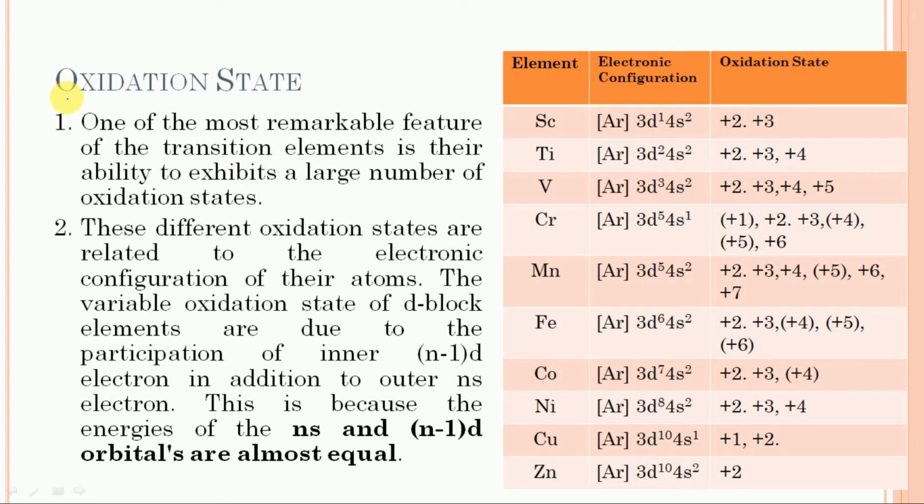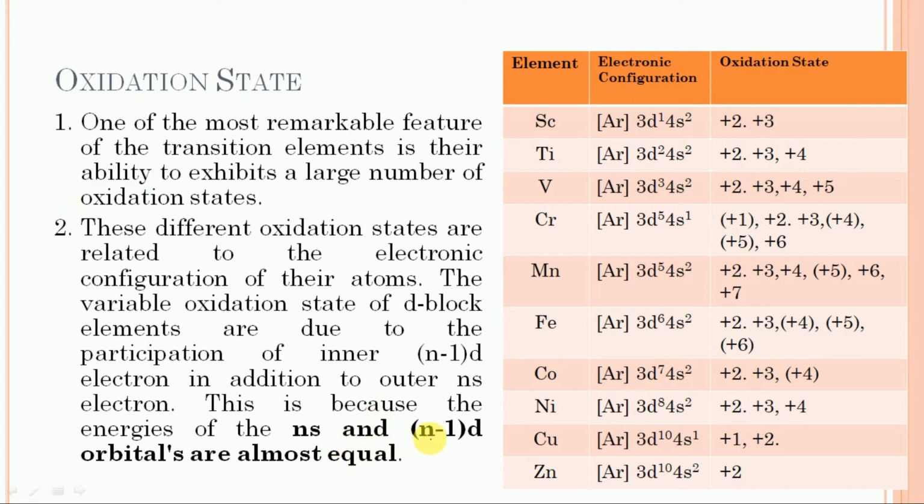Oxidation state. One of the most remarkable features of the transition elements is their ability to exhibit a large number of oxidation states. With the exception of a few elements, most of these show variable oxidation states. These different oxidation states are related to the electronic configuration of their atoms. The variable oxidation state of d block elements is due to the participation of